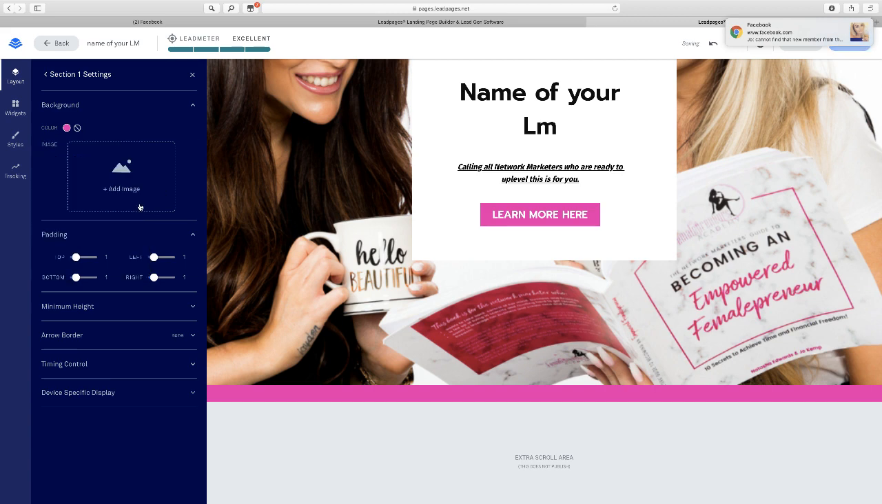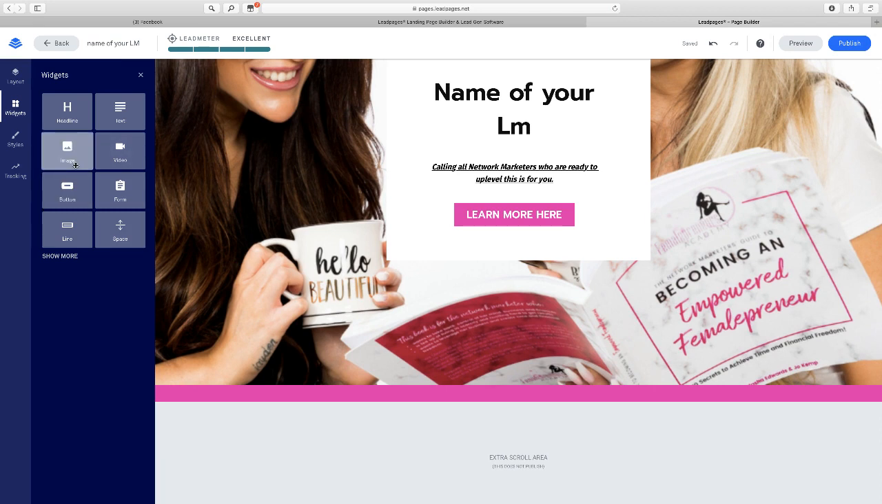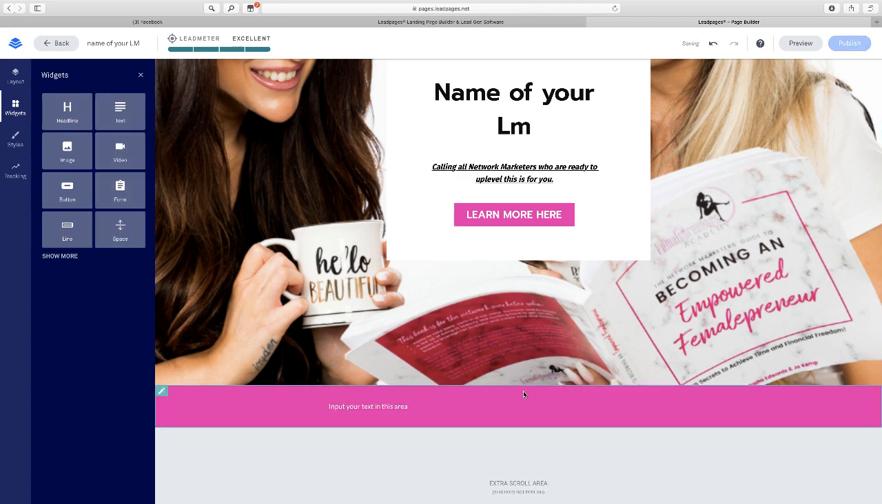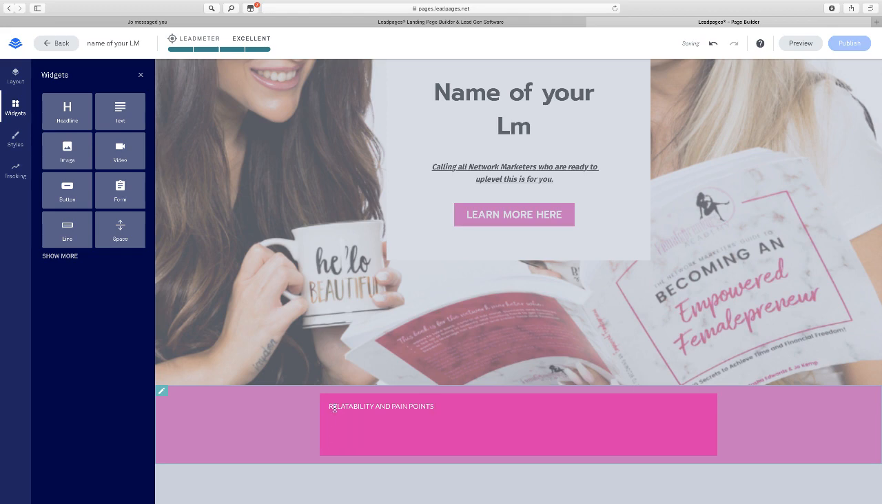And then what you want to start doing is start dragging in your widgets. So if you're coming up to your widgets, you can choose your different widgets. You can put another image in here if you want to, or you can put another headline if you want to, or you can just drag a text box in and then start writing, okay? So then this is where you are going to put relatability and pain points, okay? So you could say something like,